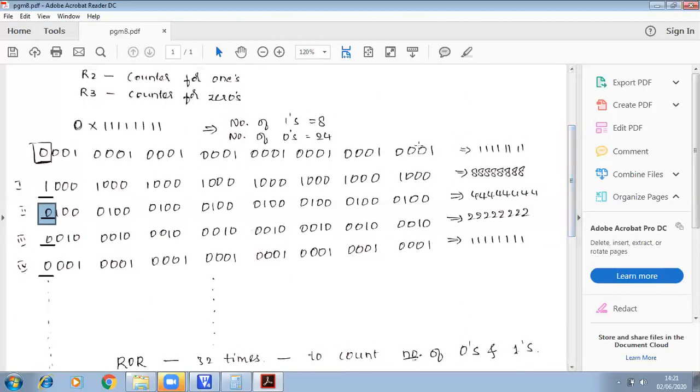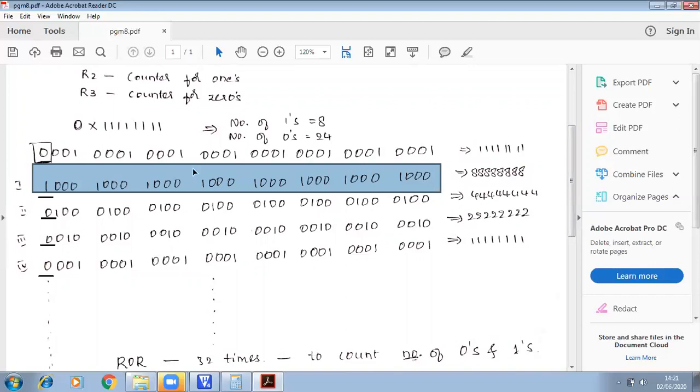Okay, so once we rotate this 11111111 by 1 bit, then the value will be 88888888, right? Once we rotate, the LSB bit will be moved to MSB, and this 0 will be moved here, this 0 comes here, this 0 comes here, and this 1 comes to this particular position, and this goes on. So each and every bit will be shifted towards the right by 1 bit. So what is the equivalent of this binary number in hexadecimal? You cannot see the content of binary in the register. Okay, binary numbers you cannot see in the register. The register can contain only these values.